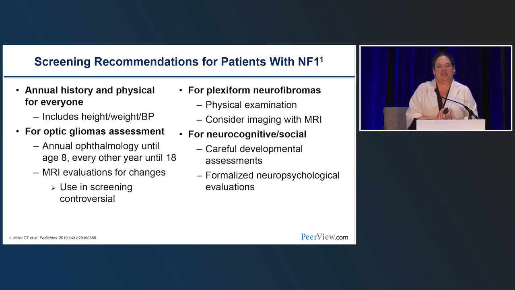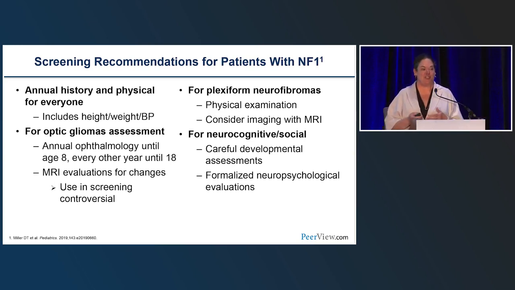So how do we screen them? There was an updated pediatrics review about how to screen patients with NF1. Consensus clearly agrees on annual physicals, annual histories, including height, weight, blood pressure. Optic glioma assessments are annual by the ophthalmologist at least until 8, and then probably every other year. MRI evaluations are clearly indicated for changes, precocious puberty, new seizure, but their role of screening, as we all know,